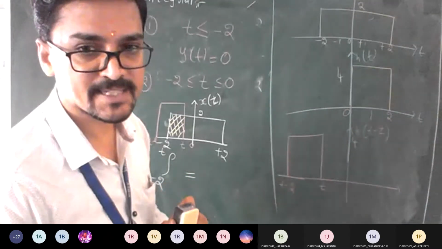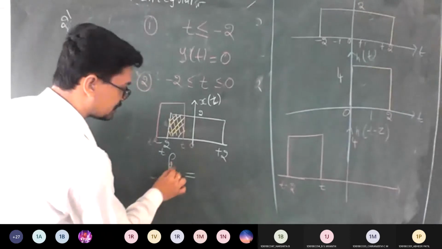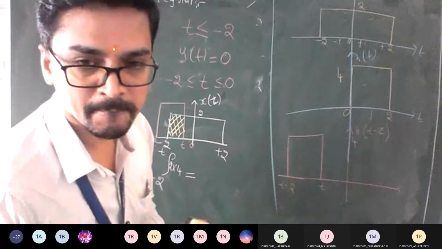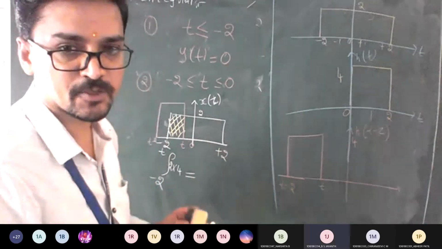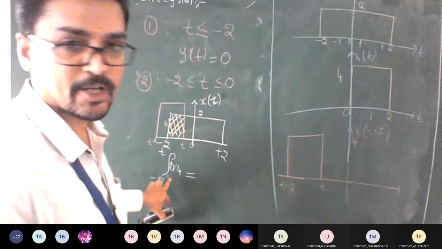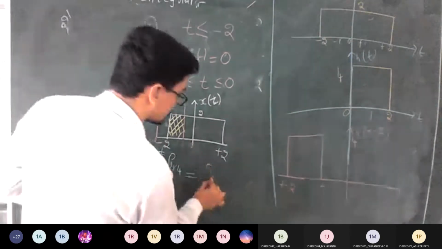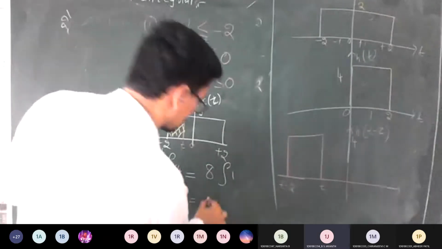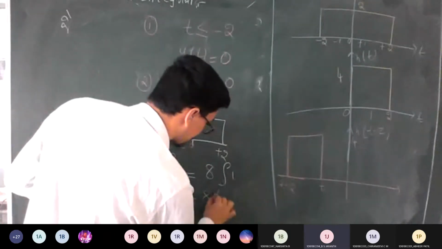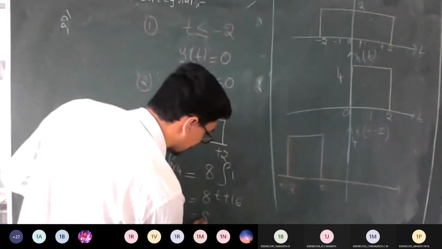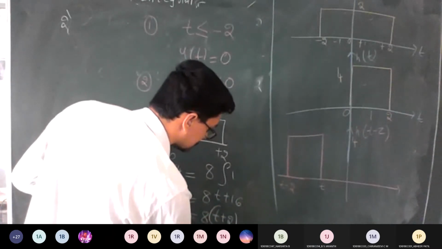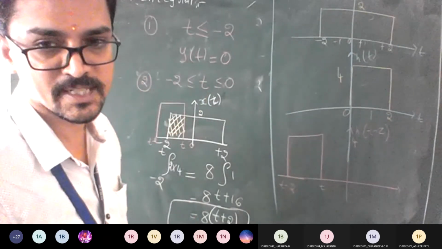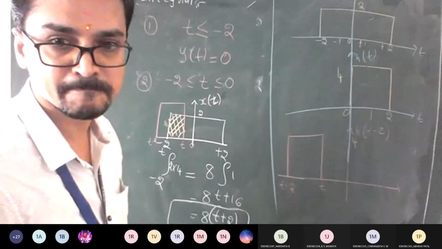You have to verify the things carefully. x of t has amplitude 2 and h of t minus 2 has amplitude 4, so it is going to be 8. Yes or no? So 8 is kept constant, and the remaining integration of 1 from minus 2 to t gives t plus 2. What's the answer? 8t plus 16, sir. Okay, 8t plus 16, that is 8 times (t plus 2), because to plot it I should have the t plus 2 signal. That is a ramp signal. Understood or not?